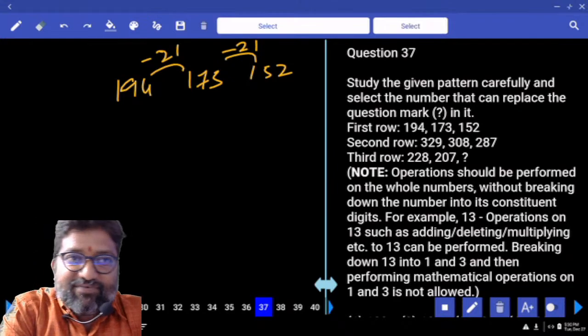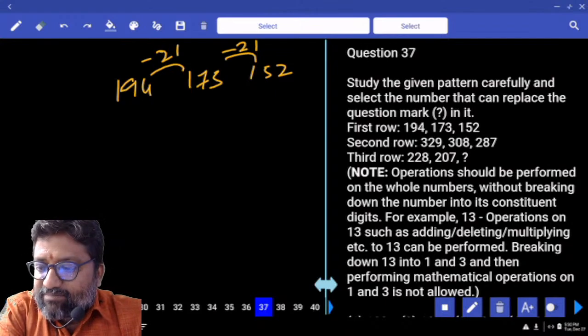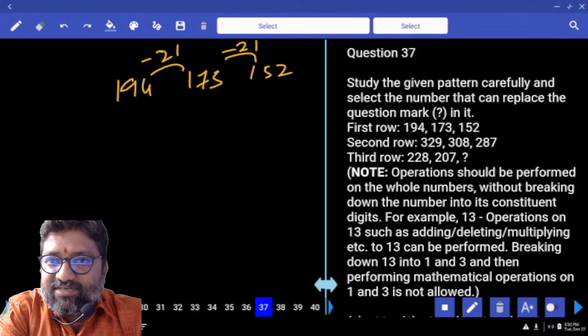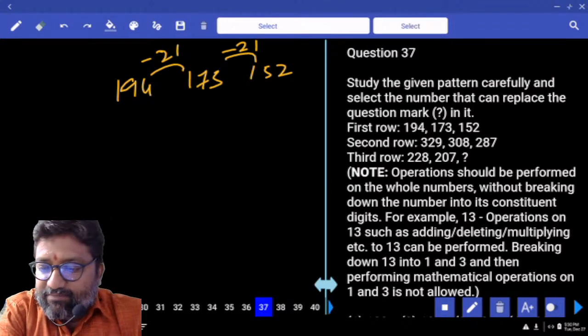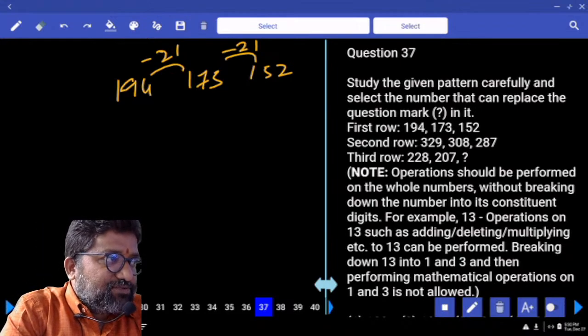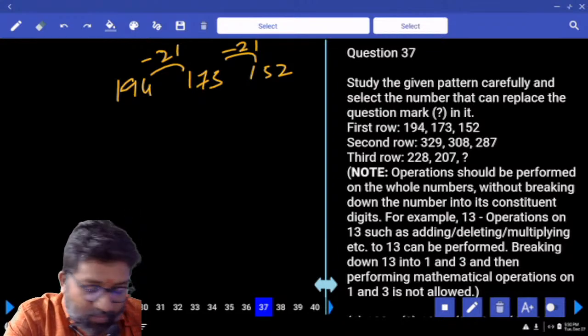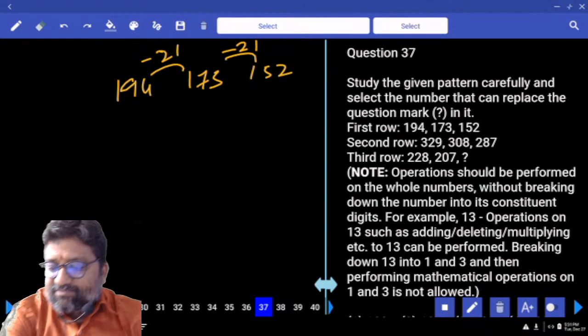కింద కూడా 329 minus 21. Is it 308? Yes. 308 minus 21, 287. Absolutely right. 228 minus 21 is how much? 207. 207 minus 21, 186. Option